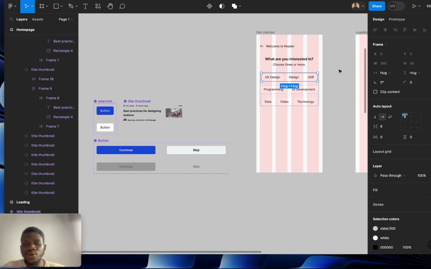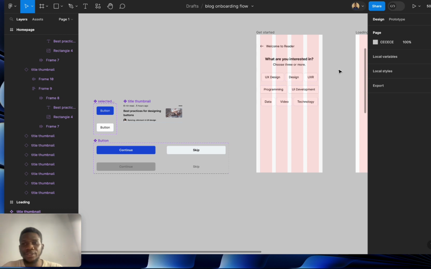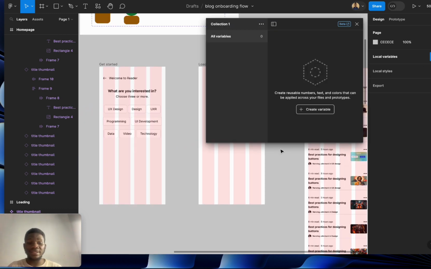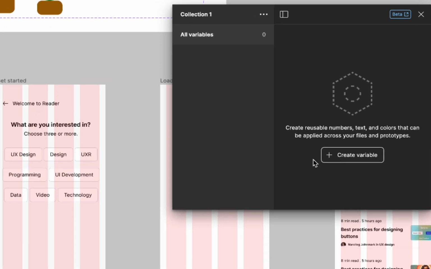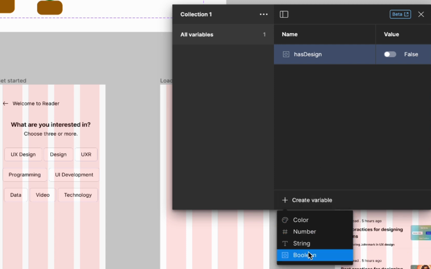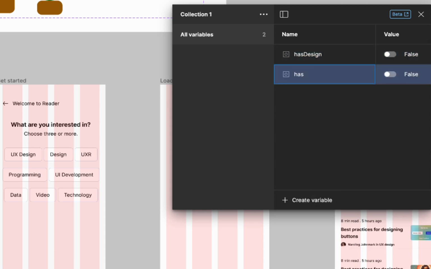And to do that, we'll click outside our frame and then come to local variables. What we want to do is create a Boolean variable that has all these buttons listed. So this is what I mean. If we click on create variable and click on Boolean, let's name this has design and press enter. You can come down to create variable again and then name this has design,